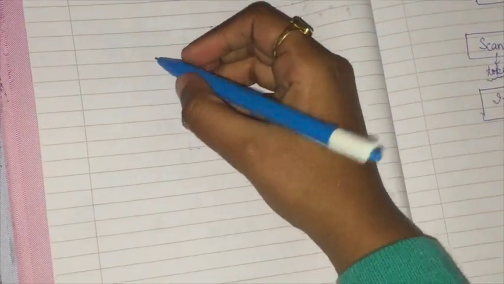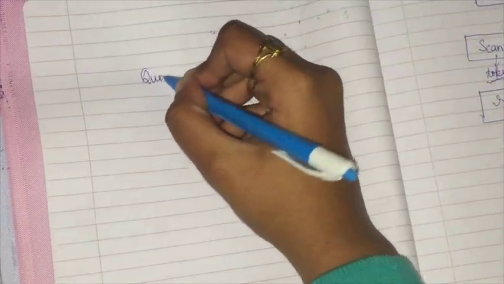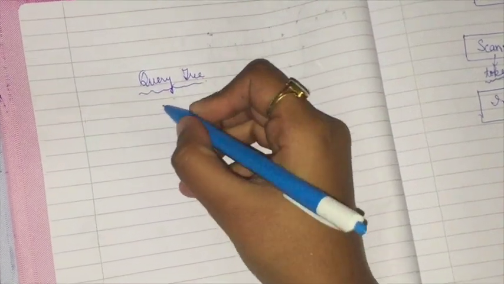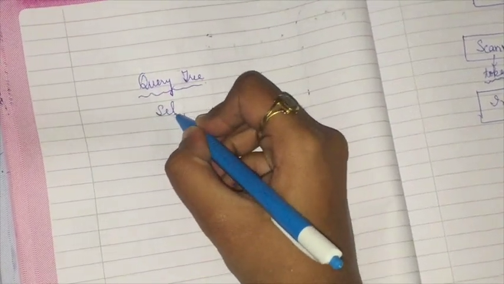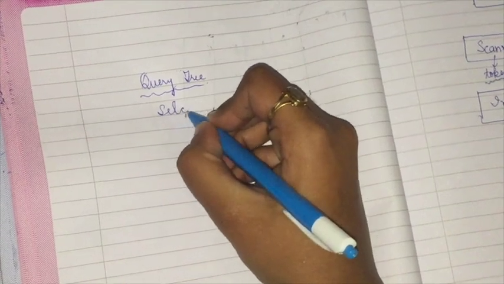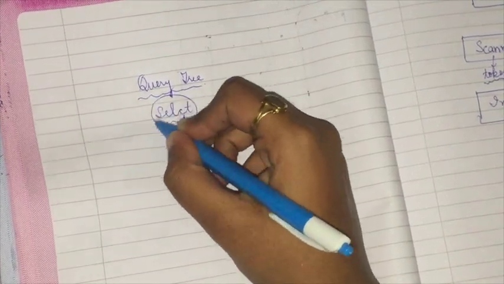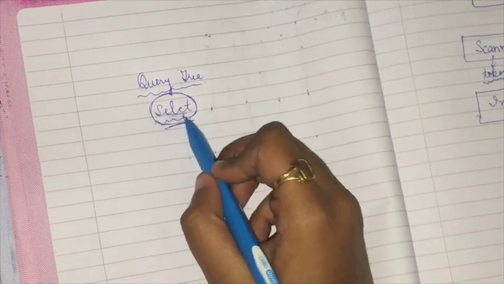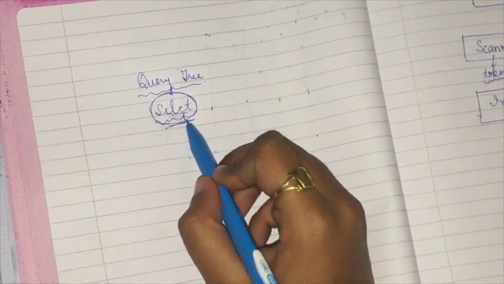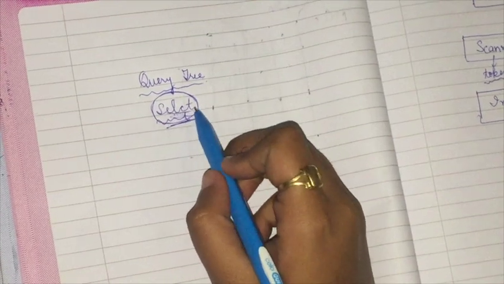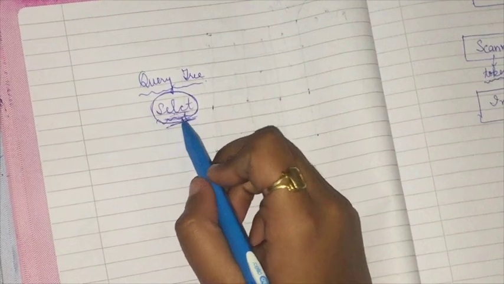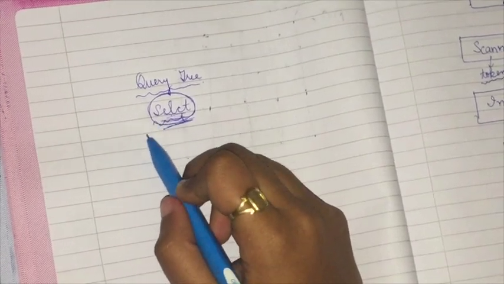So the scanner will form a query tree of all the tokens, and suppose I have written select incorrectly. So this is an error, right? This is not the correct one. So the scanner scans for such errors. It sees whether all the tokens have been written correctly or not. And suppose a token is written in the wrong way, it is not discarded. It is kept at some other place and stored separately.